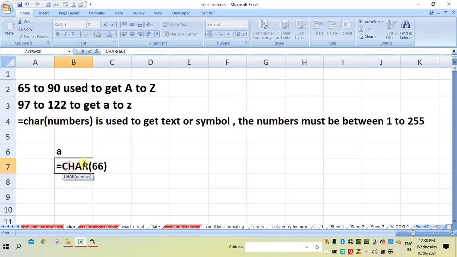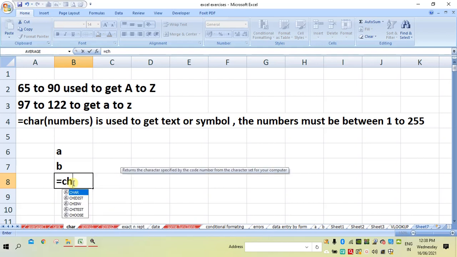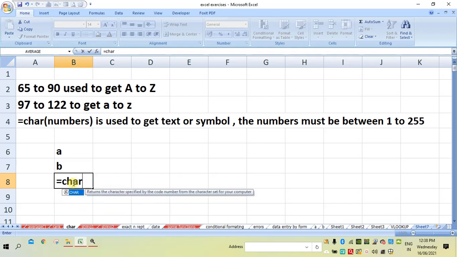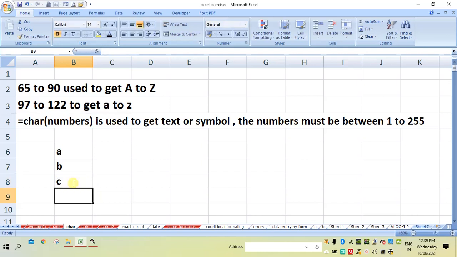If you want the next letter, small b, then you write 98. Similarly, if you want the next letter, a small case c, then you have to write 99.